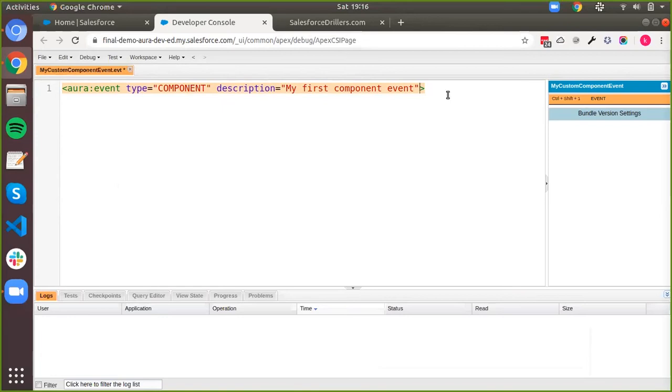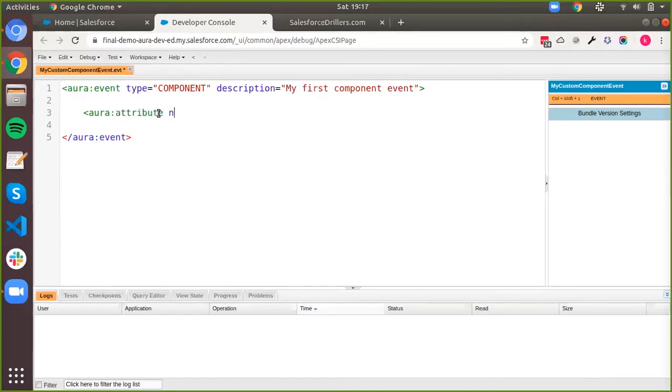One more thing: you can define an event right here. I just removed the closing tag from here and defined it explicitly. Since this is a packet of information, you can also define what information is sent in an event. The way you do that, just like your Aura components, is to define attributes inside your event definition.